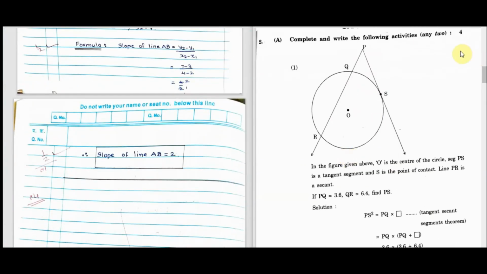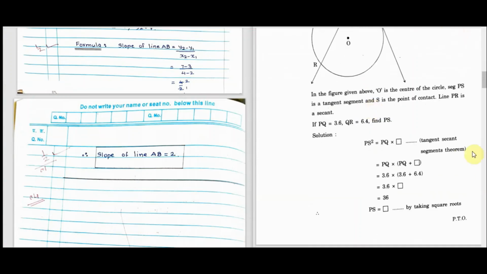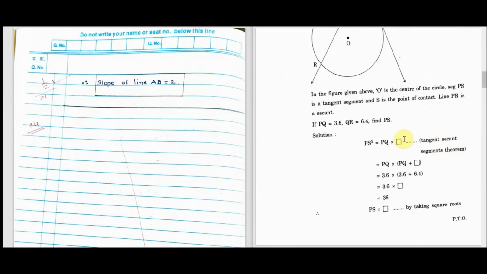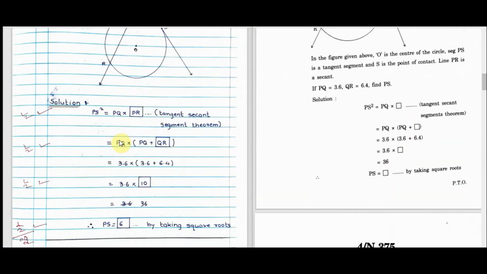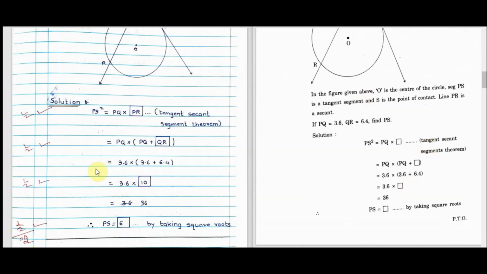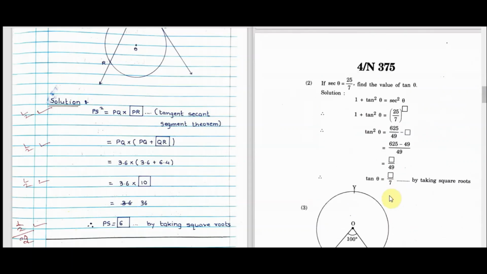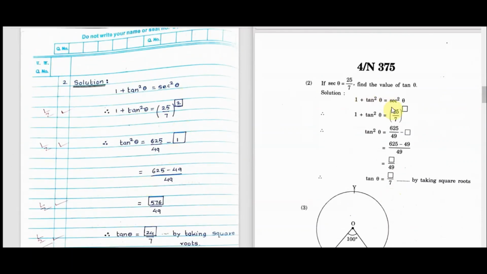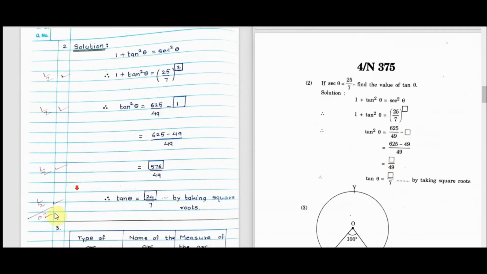See here, question number 2, you have to solve any two, and the diagram is given, that is the activity based question. For each box you get half mark. First box half mark, second box half mark, third box half mark, and fourth half, total is 2. This is the question and this is the answer. Here you don't have to show your own calculation, just fill up the box, that's all. You don't have to write anything else. Now go to the second activity. For writing the 4 boxes, 2, 1, then 576 and 24, each box is half mark, you get 2 marks.